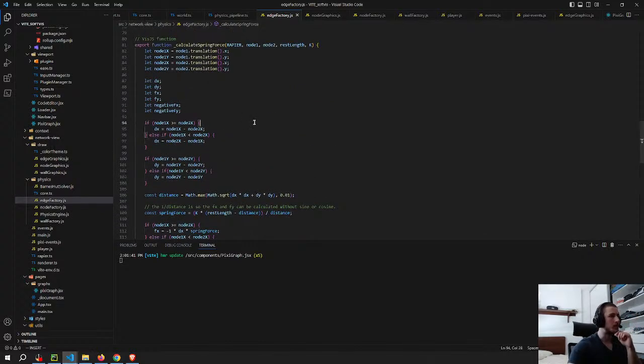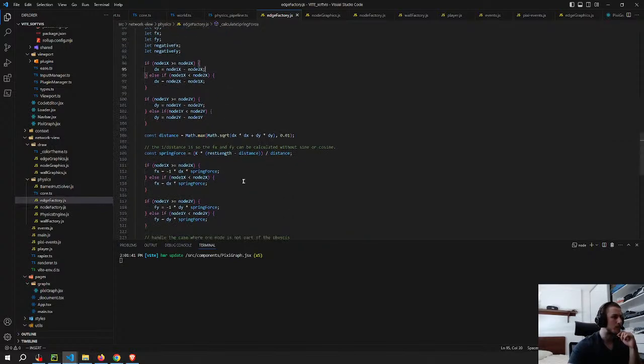So if node 1 x is greater or equal to node 2, that means that node 1 is on the right, node 2 is on the left, unless it's inversed, but let's do the normal way. So that means that 1 is greater, so the x is going to be positive. And the other way, the x is going to be positive as well. So there's always a positive value. So if here the node x is on the, so this should be the other way, I think. Because it should be, no, let me think. Yeah, it should be negative, so maybe